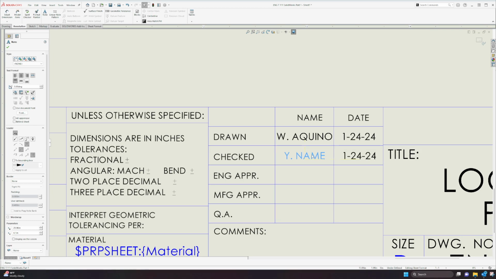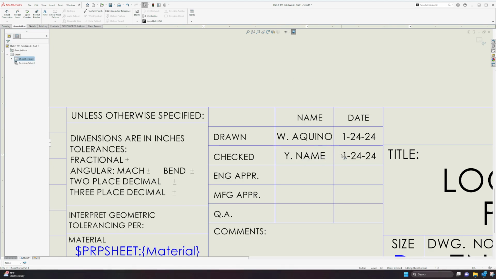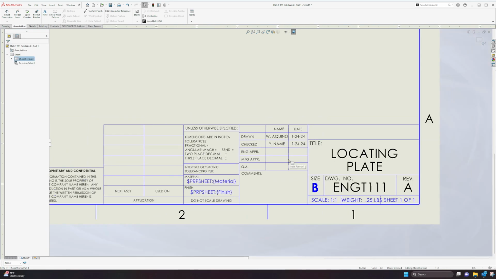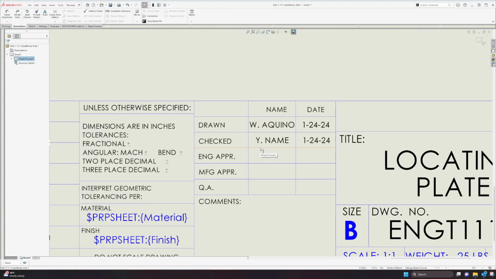Now notice you can't really see on screen, but there are yellow dashed lines right under that, and that's snapping, so it's lining up with the bottom part of the text beside it. All right, so there's my name, checker's name,